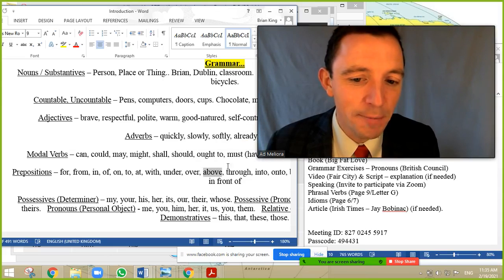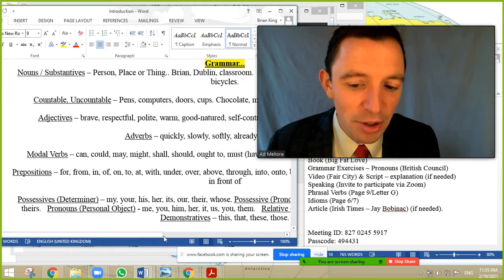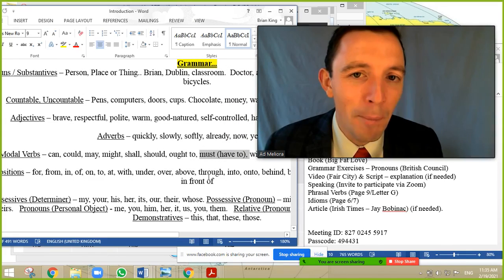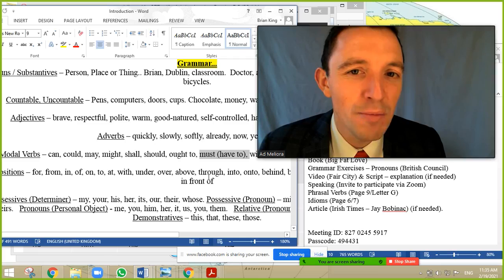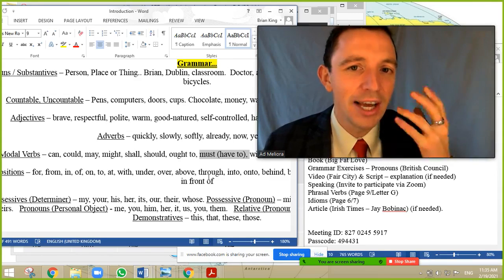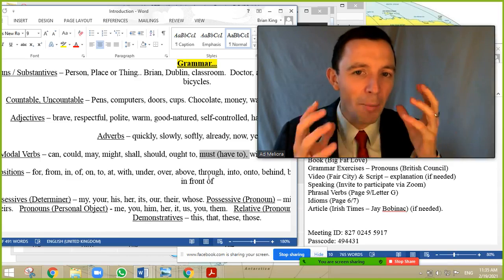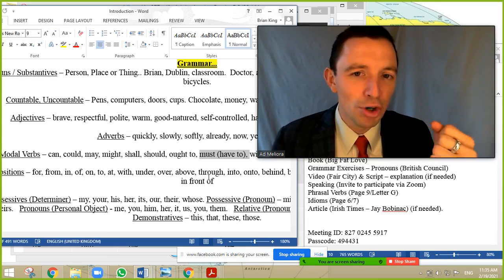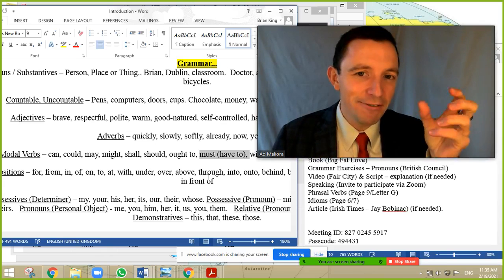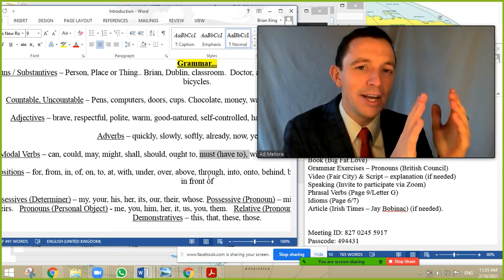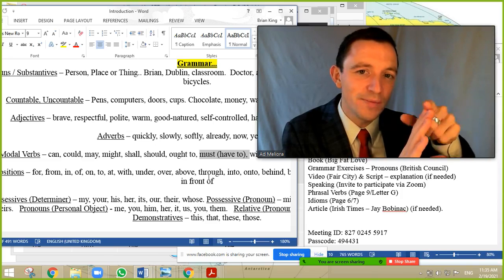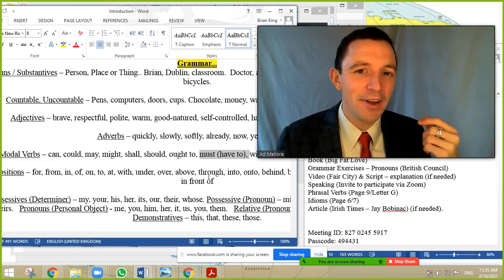Recommendation and advice, okay? Must and have to are obligation. So must and have to are obligation. You have no choice. You must collect the children. You must speak to your friend. You have to collect the children. You have to speak to your friend. Obligation. The big rule after the modal, the big rule is the infinitive, to eat, to drink, to go. But the rule, it's necessary to always eliminate to. It's a common error and it's very important, okay?